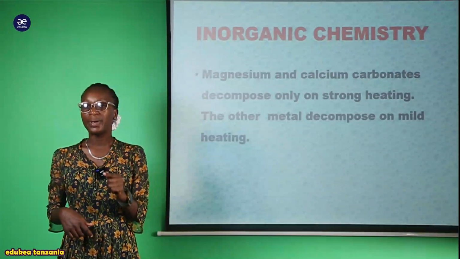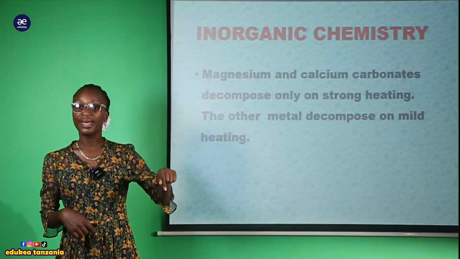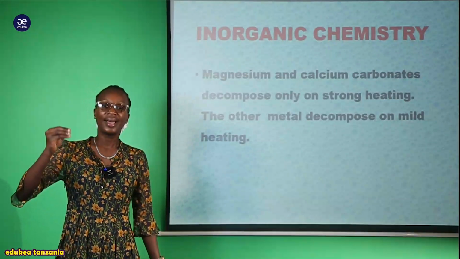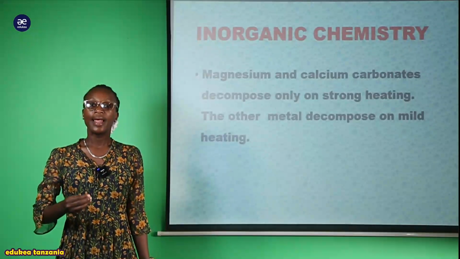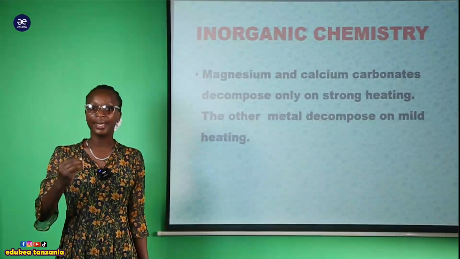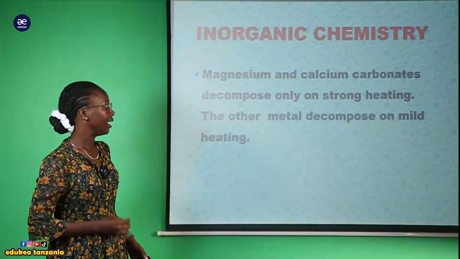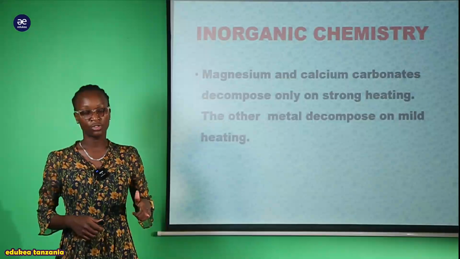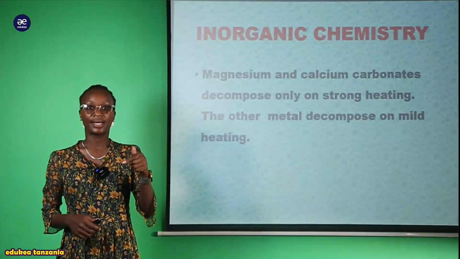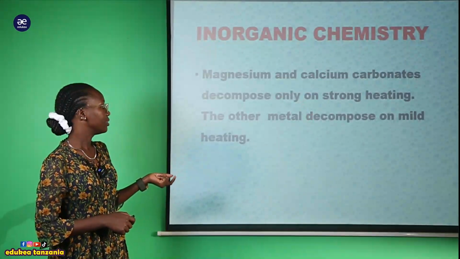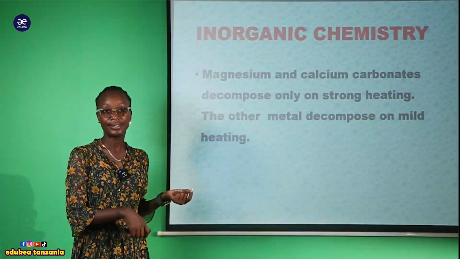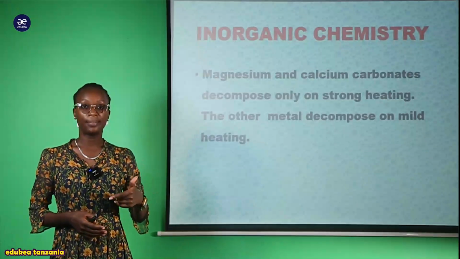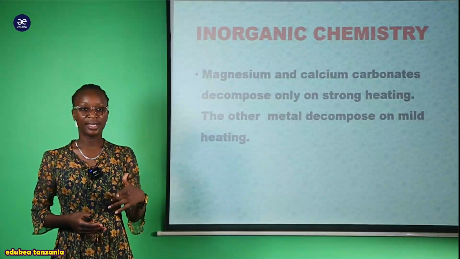Maana yake kwamba we expect that the degree of heating of this compound, the carbonate of magnesium, the carbonate of calcium, huwa zinakuwa na very very strong heating. Yani ile amount of heat itakuwa ni kubwa sana, and you can see that kwa sababu kuna utofauti pia kati ya calcium metal na magnesium metal, kila mmoja atakuwa na degree yake katika kesi ya heating, lakini always they decompose only on strong heating. Maana kwamba tukiwa na low heating or weak, maana yake kwamba hii reaction haiwezi kutake place completely.